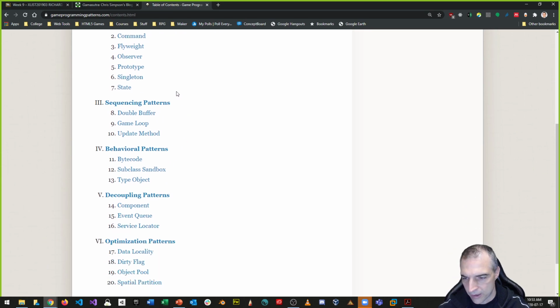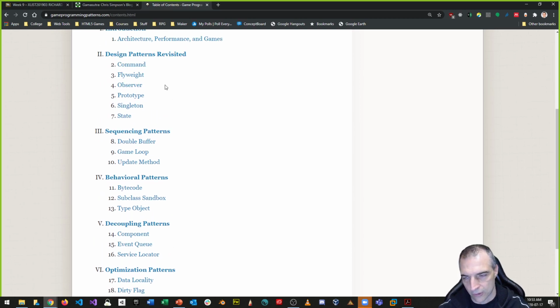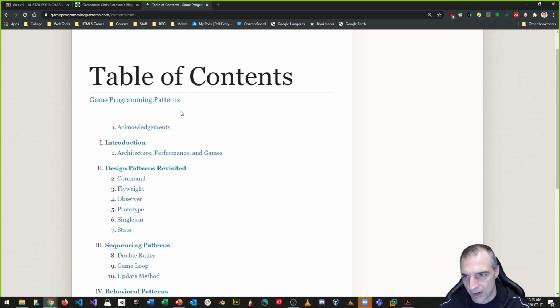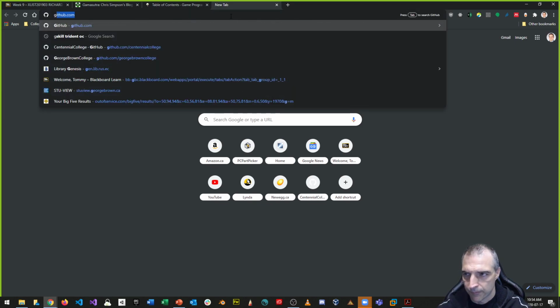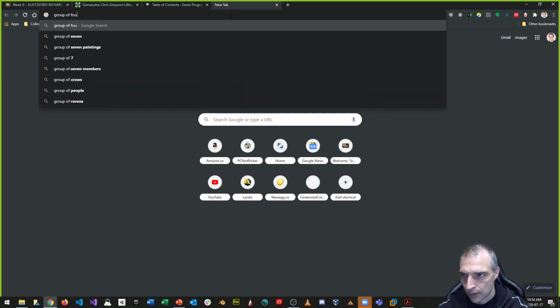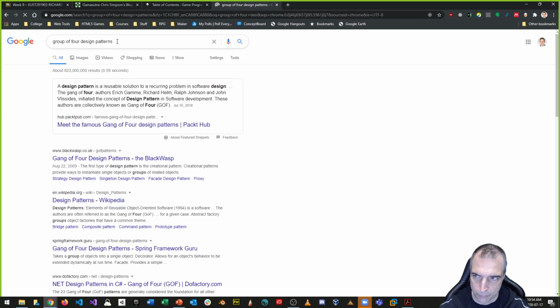the most common design patterns that we use for games, which are kind of neat. Very high level, but I think it's a really good book to take a look at. When we talk about design patterns, think about object-oriented programming. People have already done a lot of the things that you're trying to do with programming. So back in the 90s, this group of four. If I search for group of four design patterns, there are a